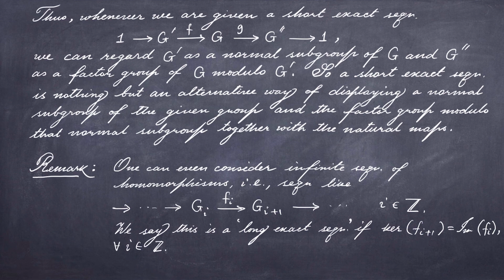We can now consider an infinite sequence of homomorphisms. Namely, for simplicity, we only consider that our collection is indexed by Z. So we have for each i a homomorphism f_i from G_i to G_{i+1}, and so this